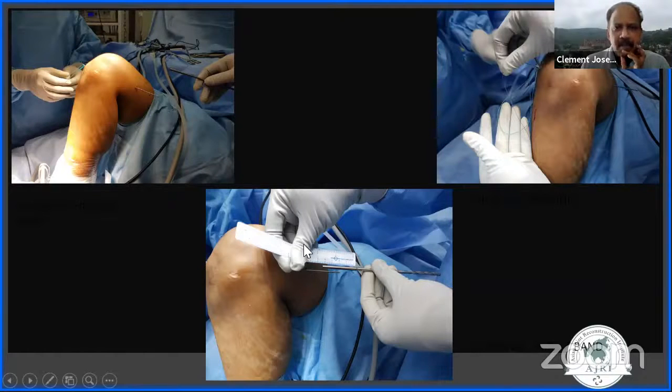Before you take the thread out, we pass a cannulated drill over the guide wire so that we'll know the depth from the skin surface to the femoral cortex. This is very, very important. I will explain why. Once we know the depth from the skin to the femoral cortex, then the Ethibond loops are taken out.